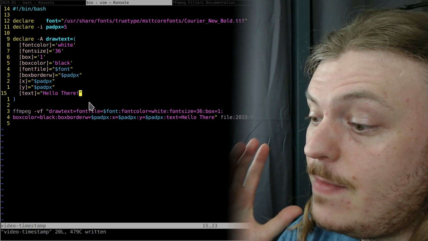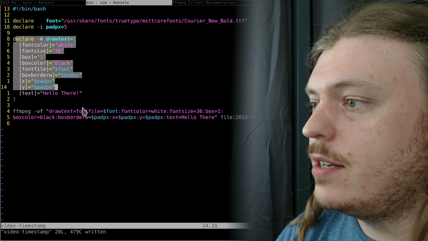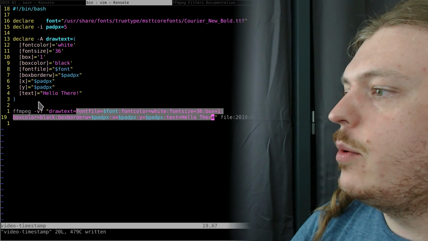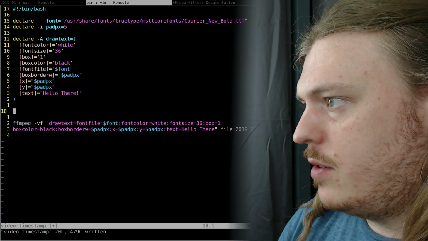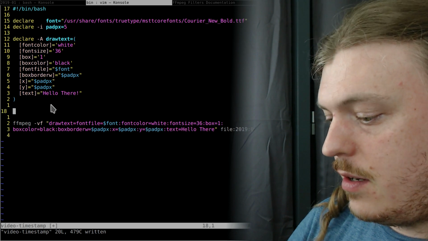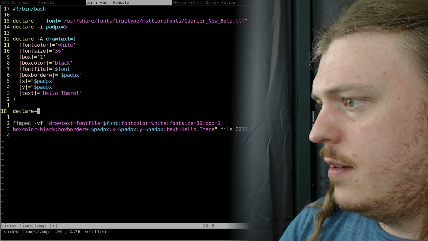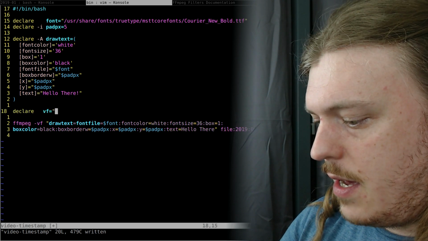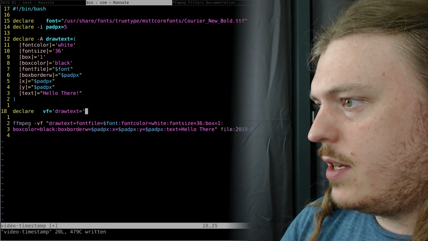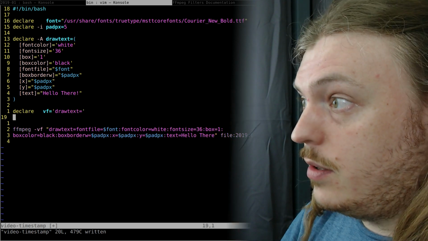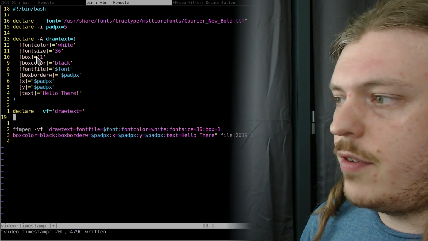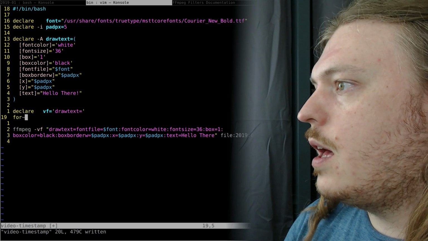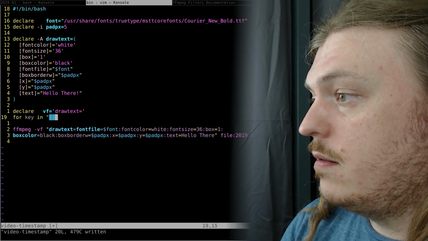Right. Now we need to turn this array into this string. How are we going to do that? So let's say we've got a variable for the video filter. So declare VF, and that's going to start off as draw text equals. Now we'll iterate over all of the elements in this array and we'll just append them onto that string. So for key in,